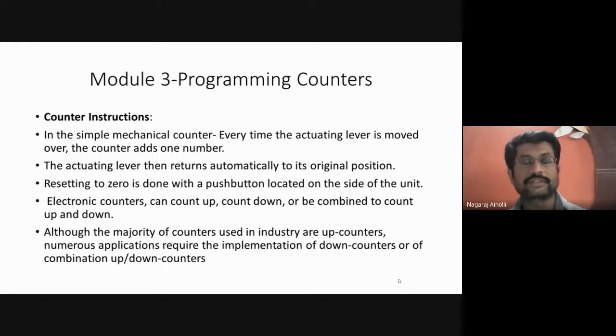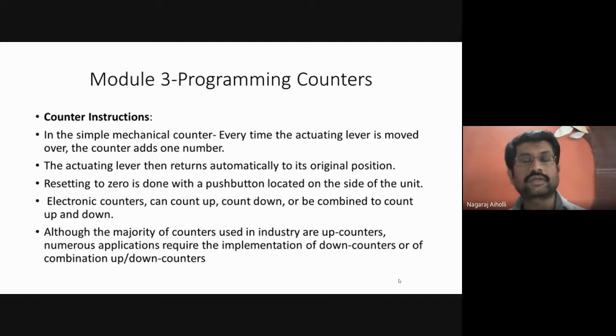The counter which counts like this requires some clock pulses, that is 0 to 1 transition or 1 to 0 signal, the digital signal. Now that digital signal is provided from external sources. That means it is applied external to the PLC. It is not present within the PLC. We have to apply this clock signal outside the PLC. Externally we have to apply. Or it may so happen that we have written a program, the coding, in such a way that in the program itself we are applying the clock signal. That is also another possibility.